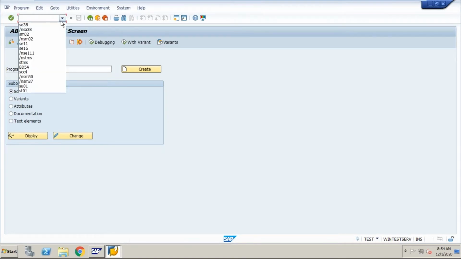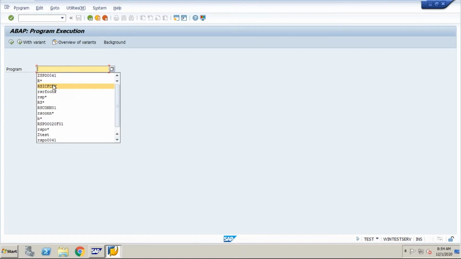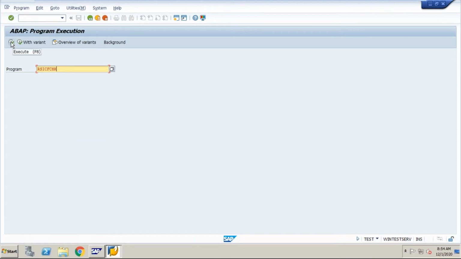Now we'll see what we can do with SA38. If you go to SA38, here, if you want to run any program, it will run that program automatically. See, just write the program name, and if you want to execute, it will execute this program. If I click on execute, it will start executing that program.